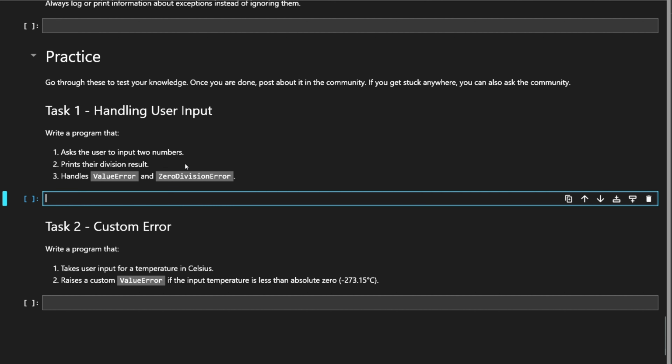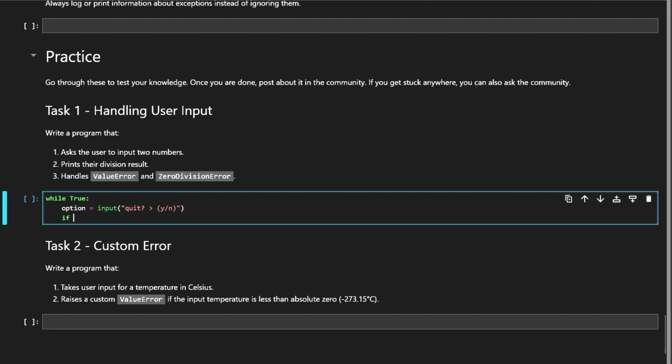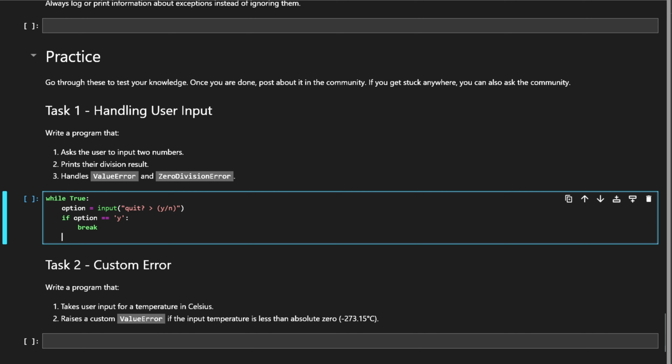So first, handling user input. Write a program that asks the user to input 2 numbers, prints their division result, handles value error, and 0 division error. So this is like the example above a little bit. So I'm actually going to do a while true here. Option equals input quit question mark. If option equals y break